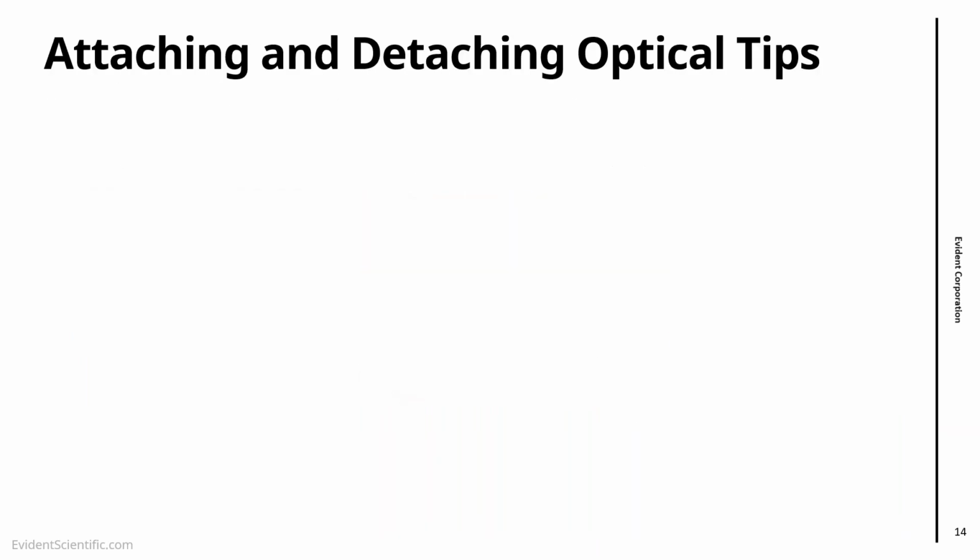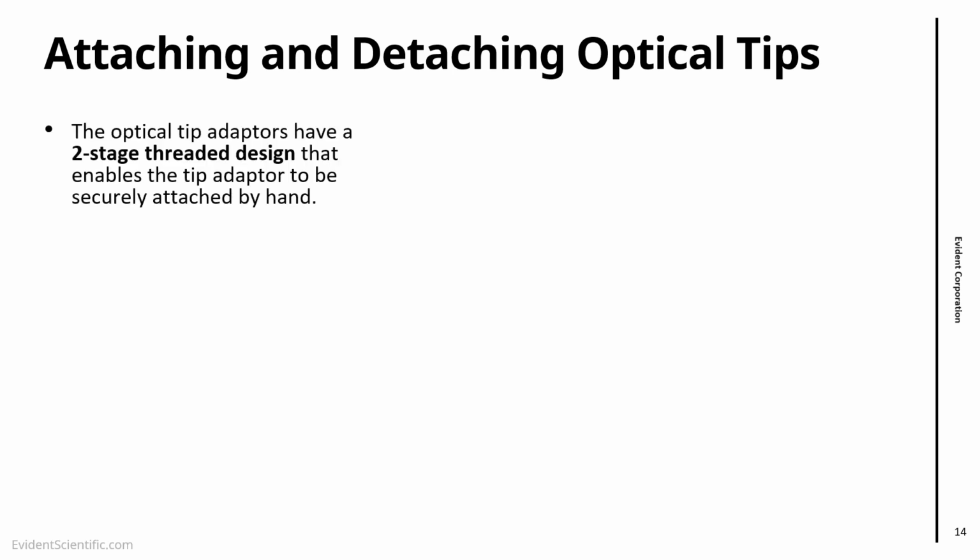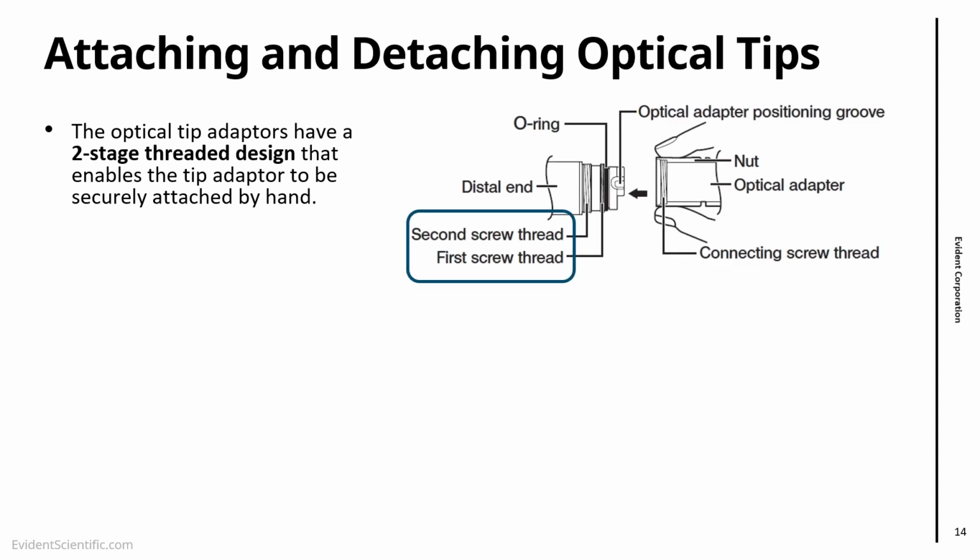Moving on, here talking about how to attach and detach tips. We're going to do this pretty much all the time when we are using video scopes, because of different lenses I use for different inspections or different regions of inspection. So on our video scopes, when you're attaching the tips, you always have a double thread, two-stage threaded design. So as you can see here on the image on the right, you have one thread and then a second one that the optical tip will go through. So it's as if it was a security thing, because if you go through one and detach from the second one, the lens will not fall. You're not going to lose the lens